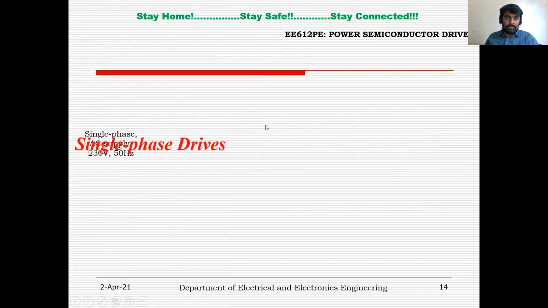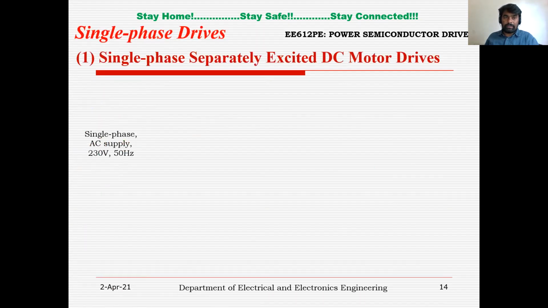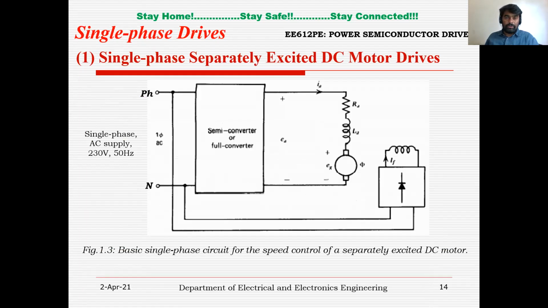Right, this comes under single phase drives. So now we are going to discuss single phase separately excited DC motor drive. Now you can see the equivalent circuit. This is the electrical equivalent of a separately excited DC motor armature circuit, where basically you may have the armature with two brushes and armature terminals A and AA. The field is connected to a separate DC source here.